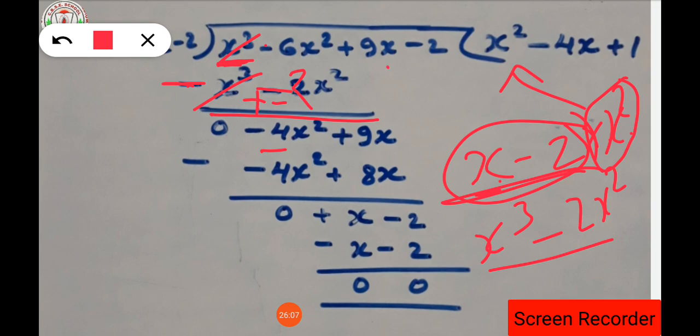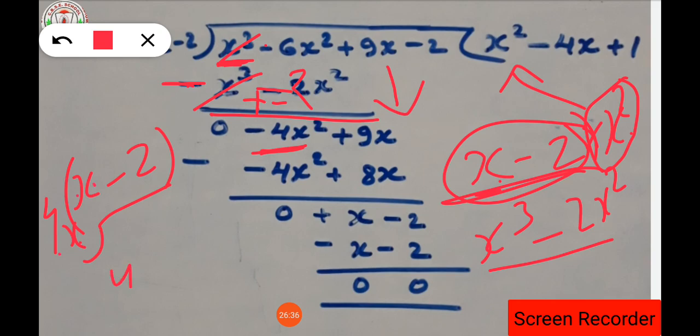Okay. Then the next term, my plus 9x, will come down. Now we have to see the first term. What is the first term? Minus 4x square. Now we have to multiply x minus 2 in such a way that the first term should come. So first one is 4, isn't it? So we have to multiply here 4, then the next x square, that means x. So 4x should be multiplied with these two numbers. So 4 into 1 will be 4, x into x will be x square, isn't it? And minus should be there because we need minus here. So minus 4x will come here.